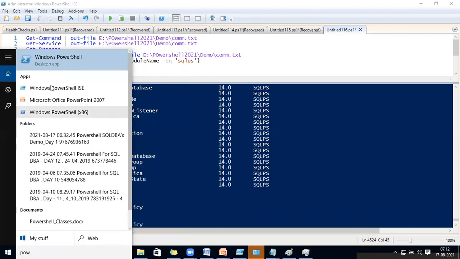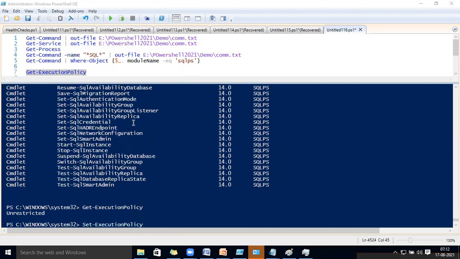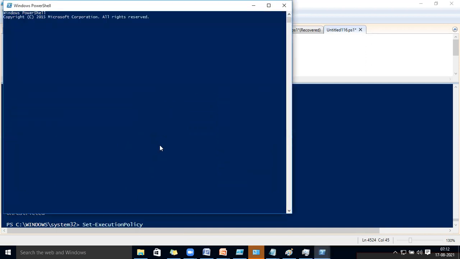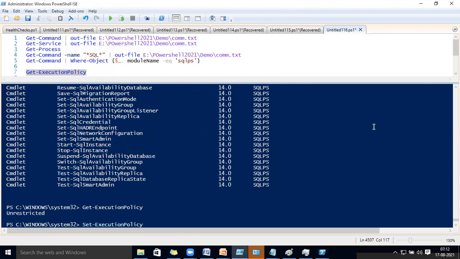You can see a PowerShell. This looks the same as your command prompt, so you can perform any task here also. It is the same as whatever display you are seeing here, just in a little bit better format. So you can go with Set-ExecutionPolicy, and whatever you want, for restricted, you can type restricted, and using this you can change your policy to the restricted format.